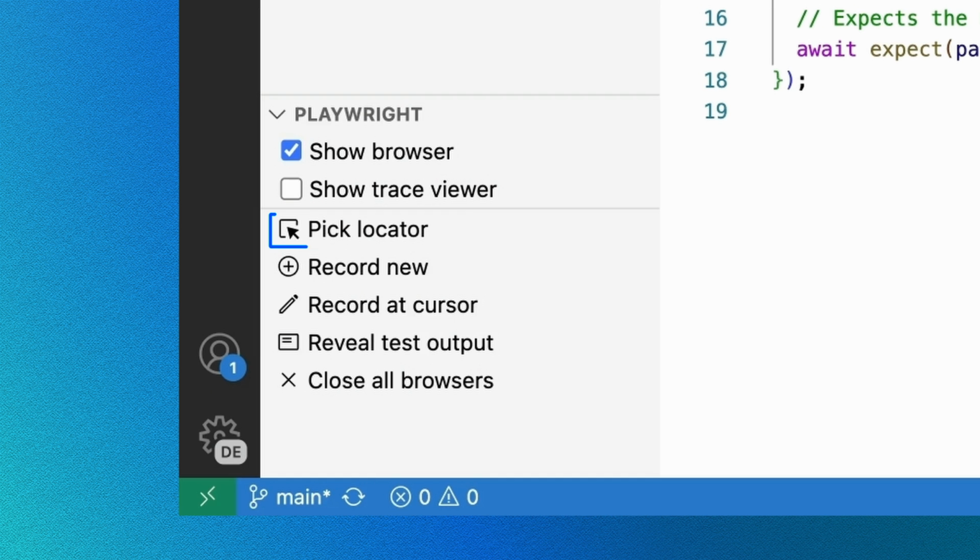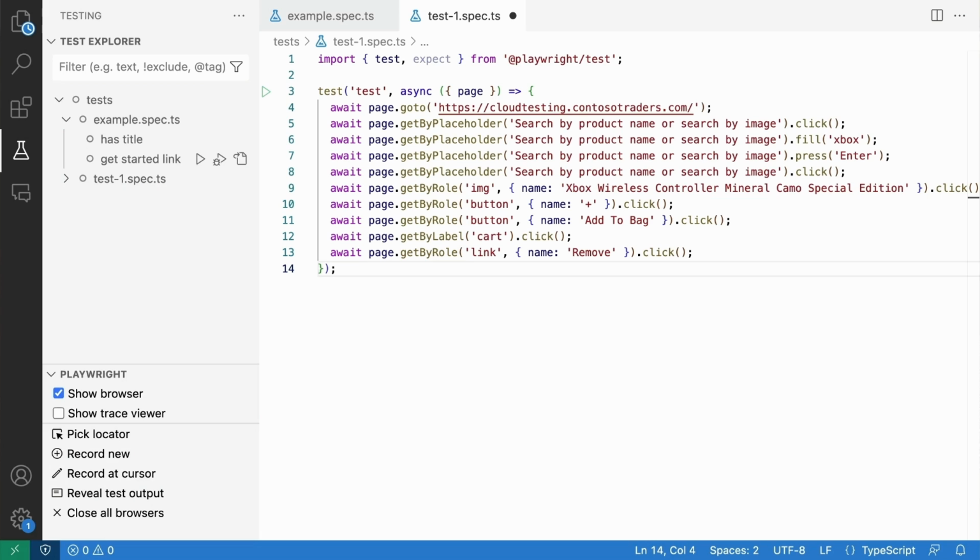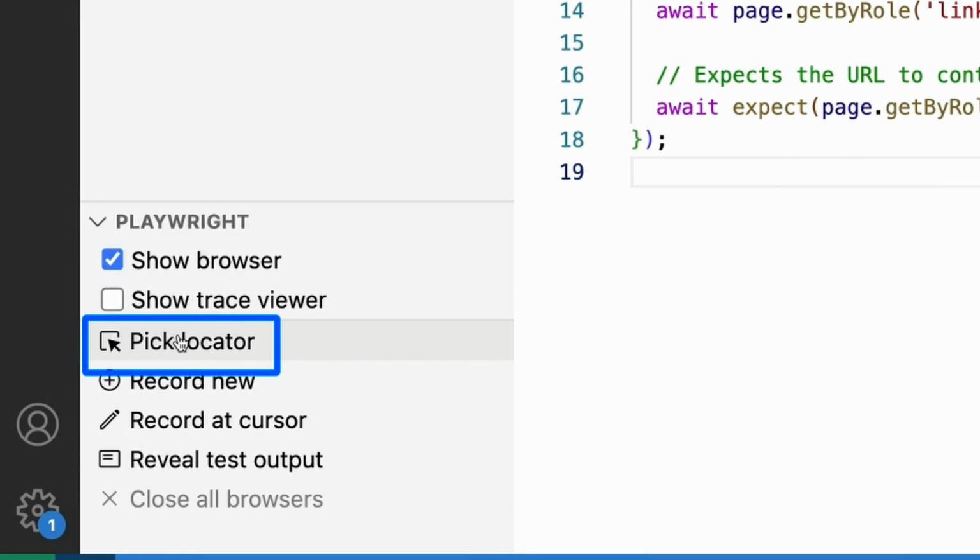Hey everyone! In this video, we will learn how to locate elements on a page using tools such as Pick Locator, as well as how to generate your test code on user interaction using Codegen, making writing tests much easier and much more fun. When you click the Pick Locator button in VS Code, it will open a browser window